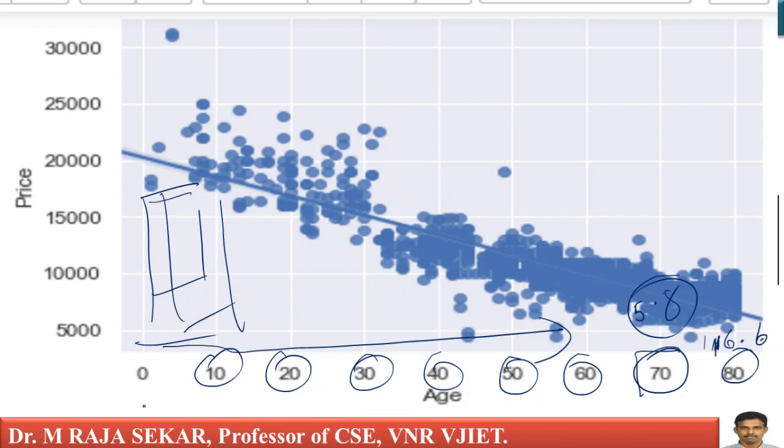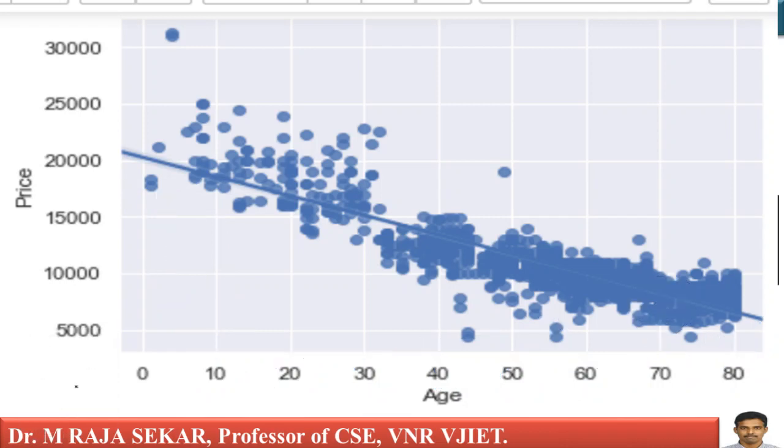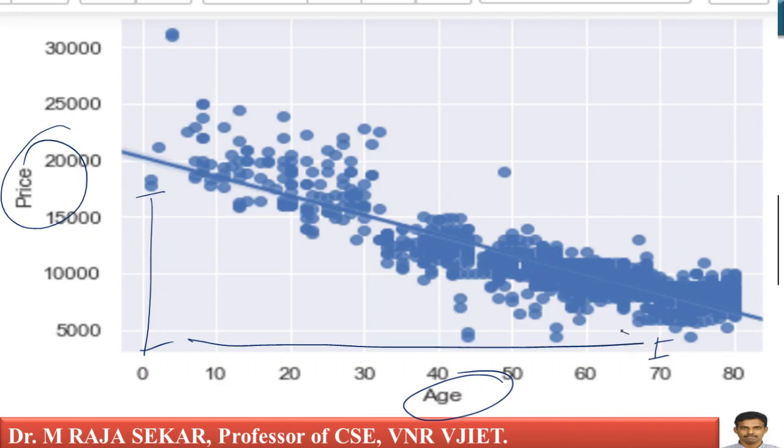It is very obvious from the logic perspective also, isn't it? Your logic perspective and data perspective are the same. As age increases, the price automatically decreases. Same thing I am saying repeatedly. This height is high, whereas this height is very low, meaning price is decreasing. On the y-axis you have price, on the x-axis you have age. As age is increasing, price is coming down, because height is decreasing. It's simple.